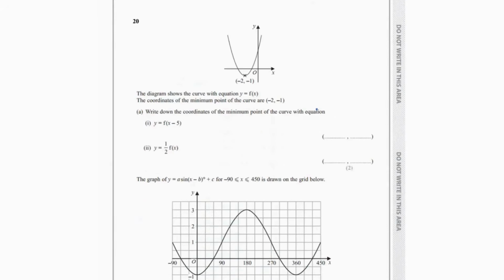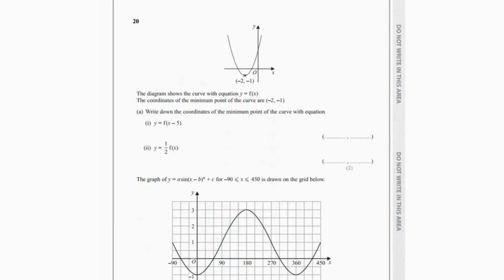Then transformation of graphs. That is a very popular question. It comes almost every single time. The diagram shows the curve with equation y equals f of x. The coordinates of the minimum point of the curve are -2 and -1. Write down the coordinates of the minimum point of the curve with equation y equals f of x minus 5. So for this, you need to know how the graph changes when something is being added or subtracted directly